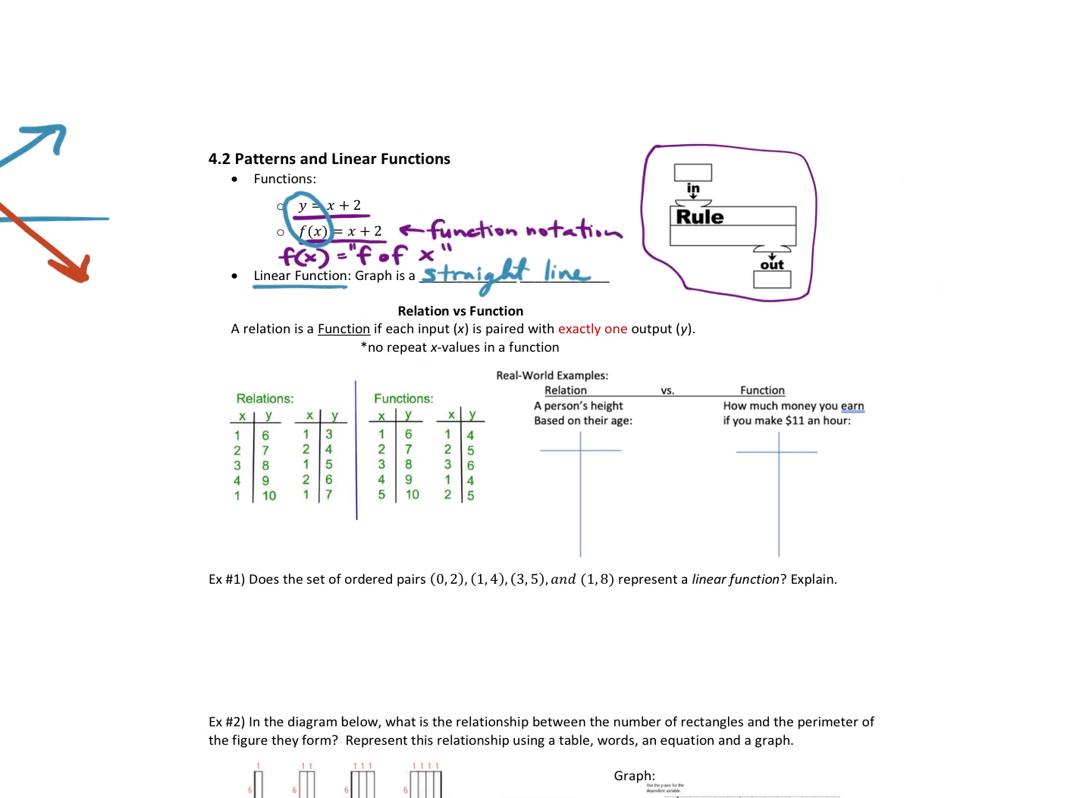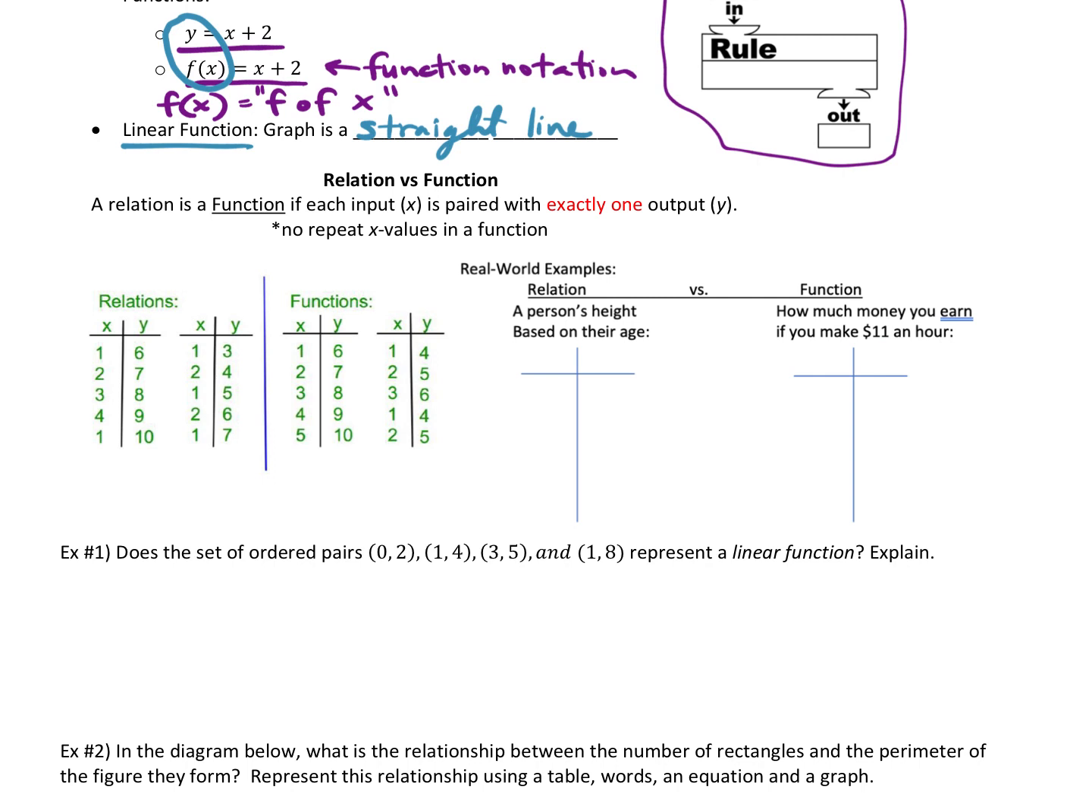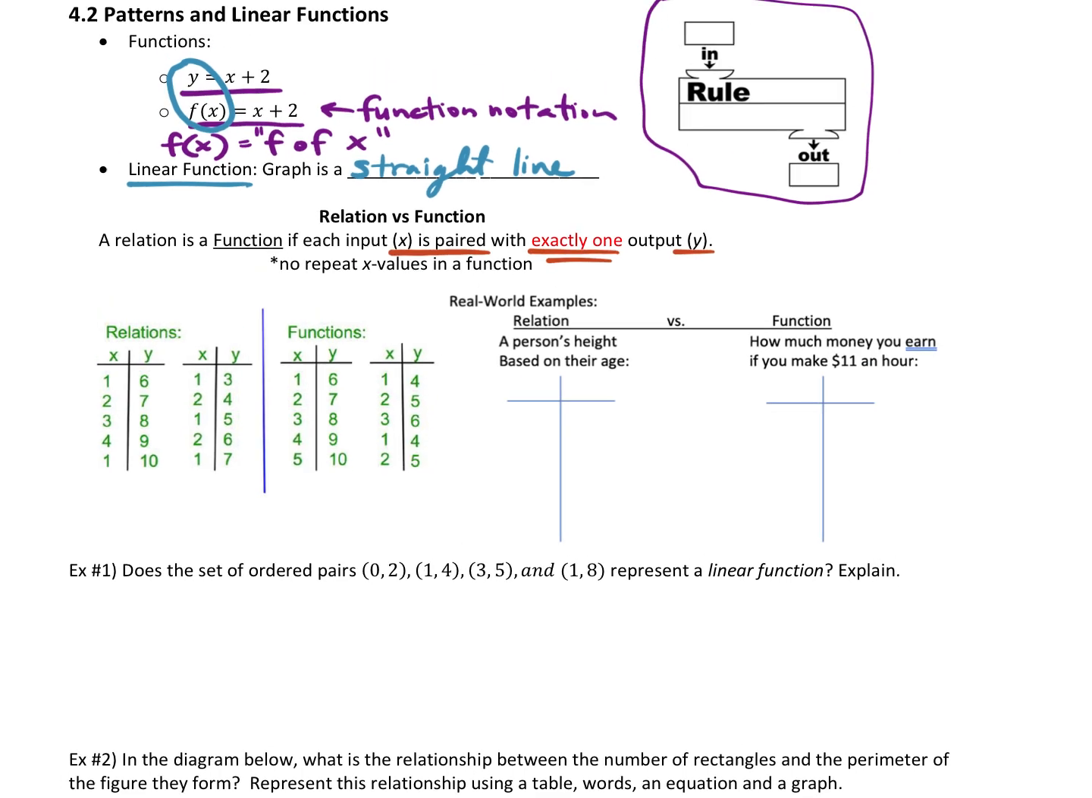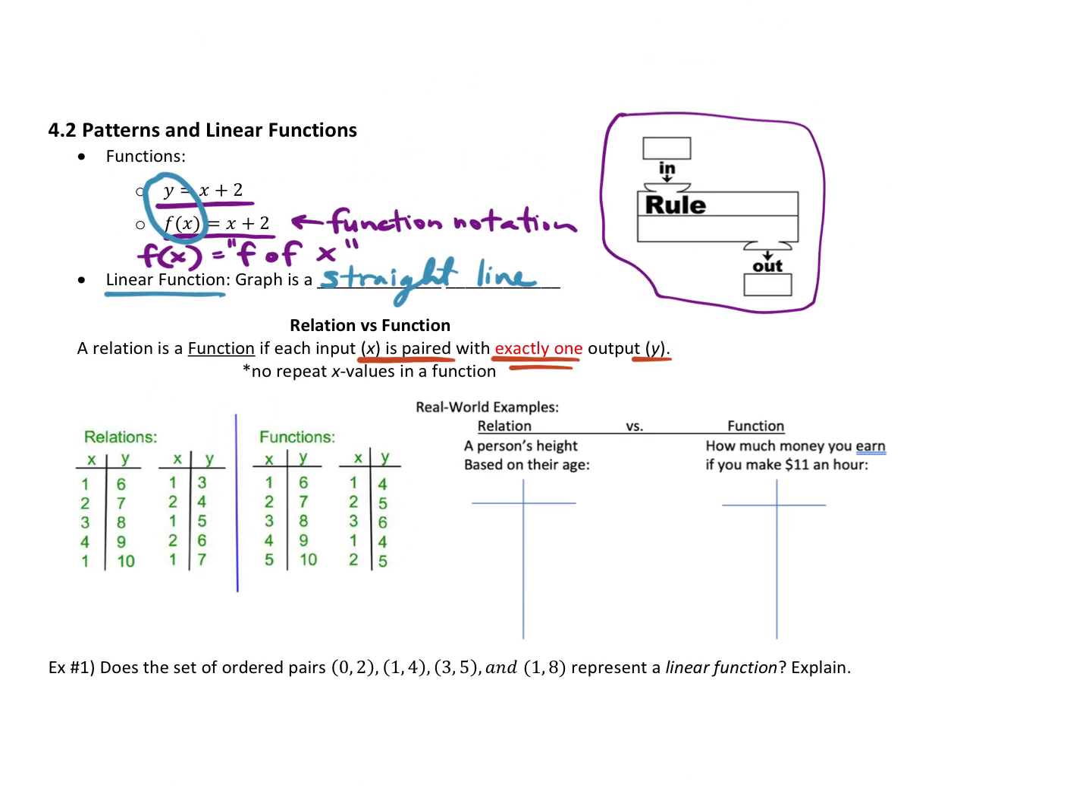There's a lot more to it. We're not going to get super into all of that right now, but I just want you to understand a relation versus a function, okay? A relation can be a function, but a relation doesn't have to be a function. And here's how we tell. If your x is paired with exactly one y, so your input, whatever you put into the function, has exactly one y, then it will be a function, okay? What I mean by that is, let's say